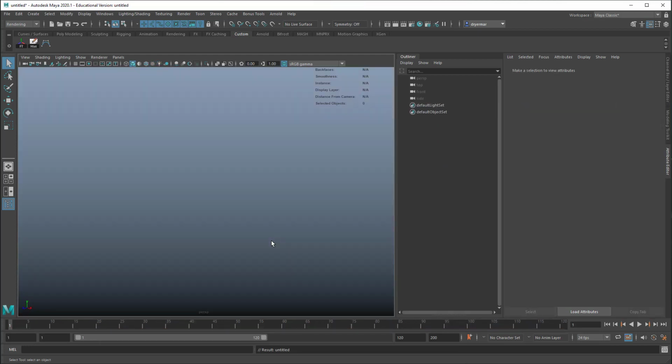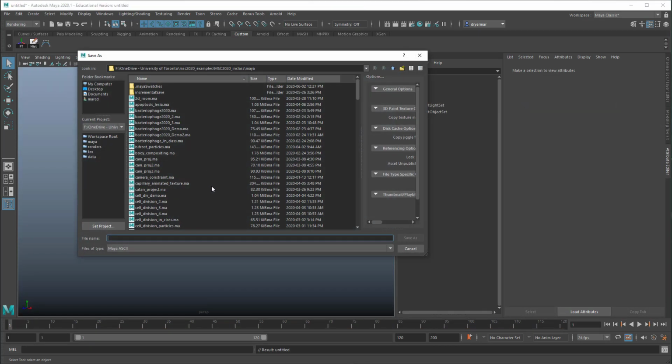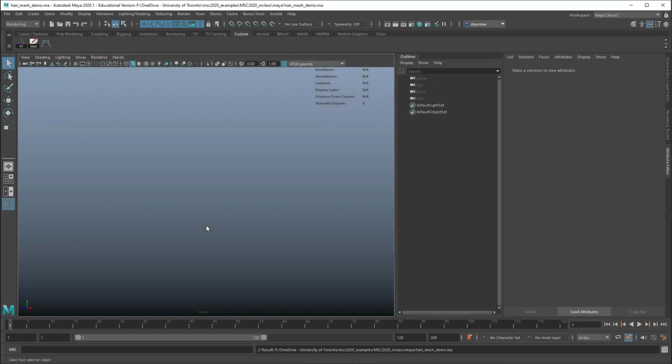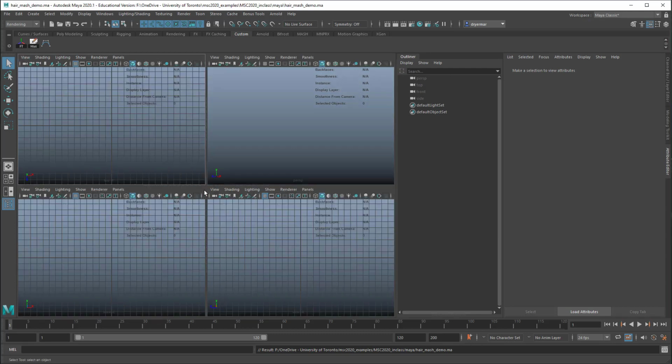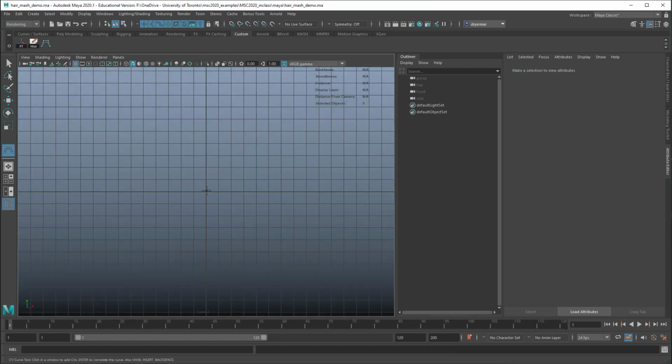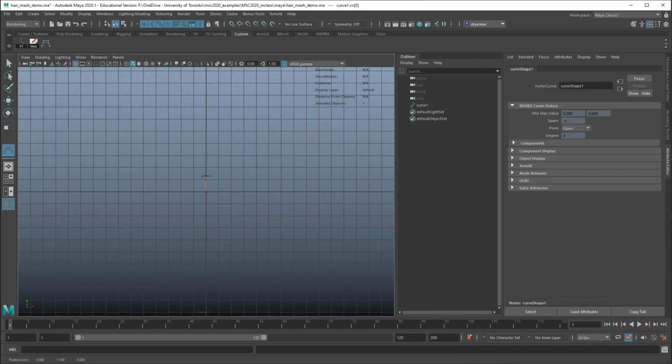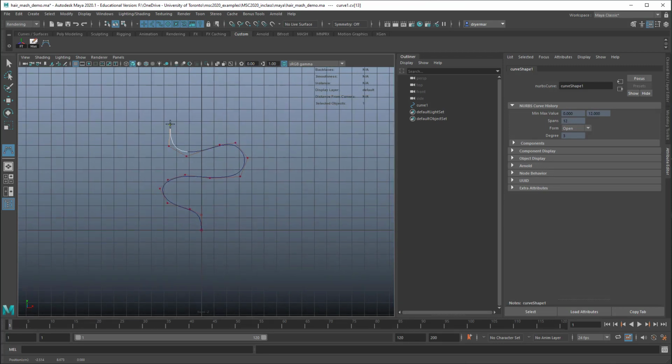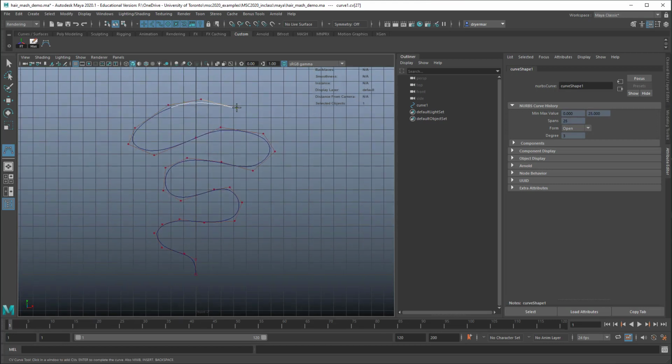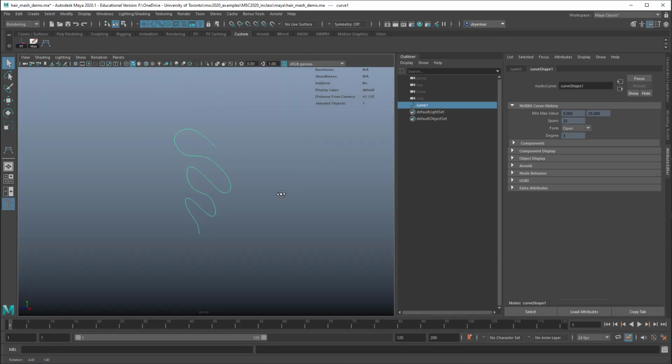So let me save this as hair demo. Okay, so let's just do this quickly. I'll just do the basic parts of this, which is building the curve. And so I'm starting with already not a dynamic, but a somewhat complex shape. This is the path that the mesh objects are going to move along. So I'll just make something quick like this, and then in the perspective view,